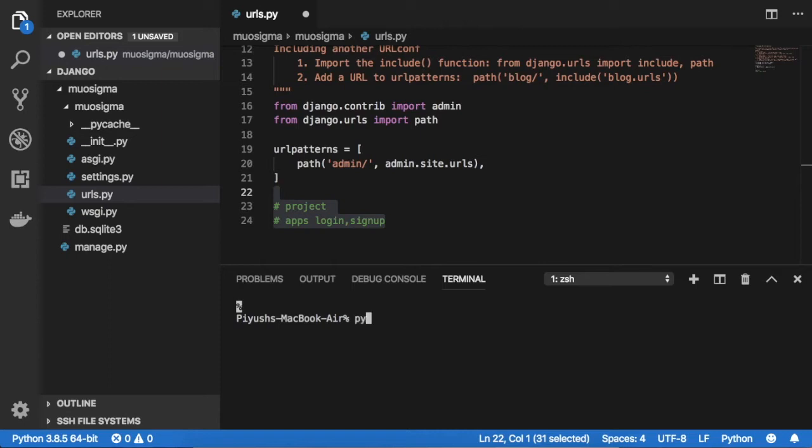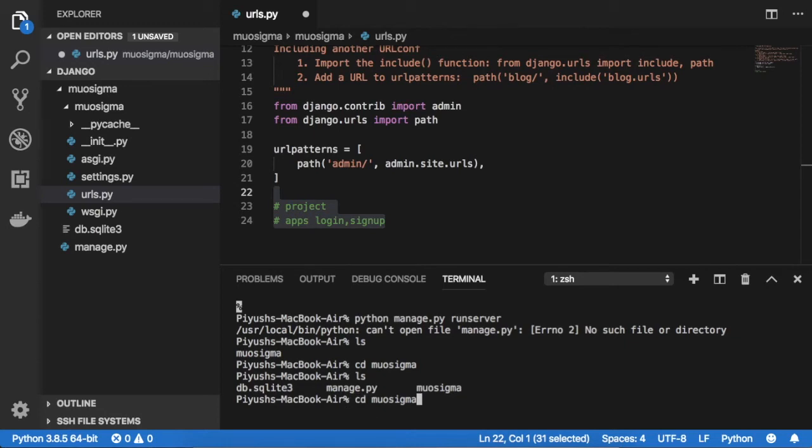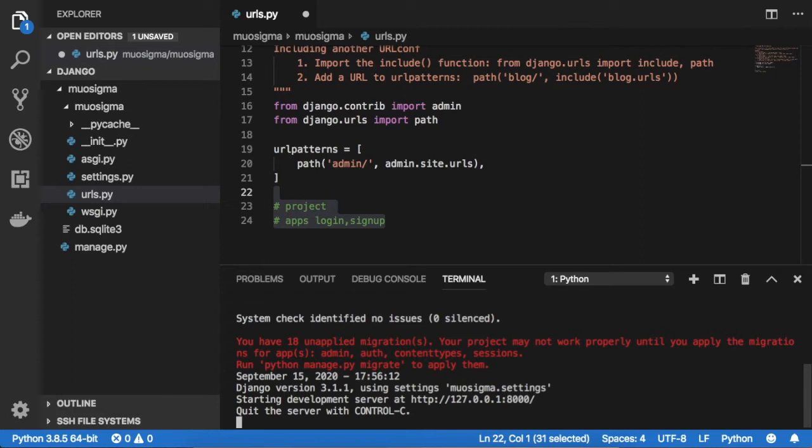Firstly you need to write python, then the file name manage.py, and then runserver. Here we are outside of this folder, so we first need to go inside this folder, where we have these files. Then type the same command again: python manage.py runserver. Now you can see the deployment server.